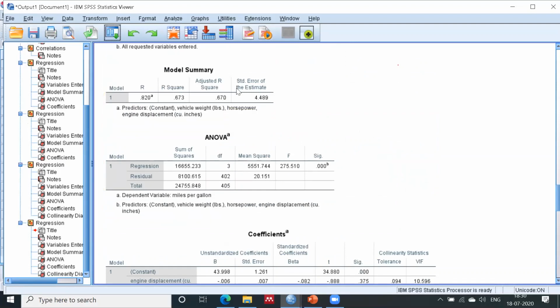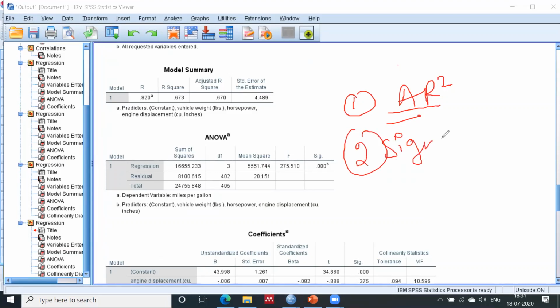I always tell you that whenever you calculate the regression, there are two things you need to consider before multicollinearity, right? First of all, adjusted R square, the most important parameter, and second is your significance value. These two parameters you have to check after applying the regression analysis. If your R square is increasing, then you can take those independent variables, but at the same time it should be significant, right?